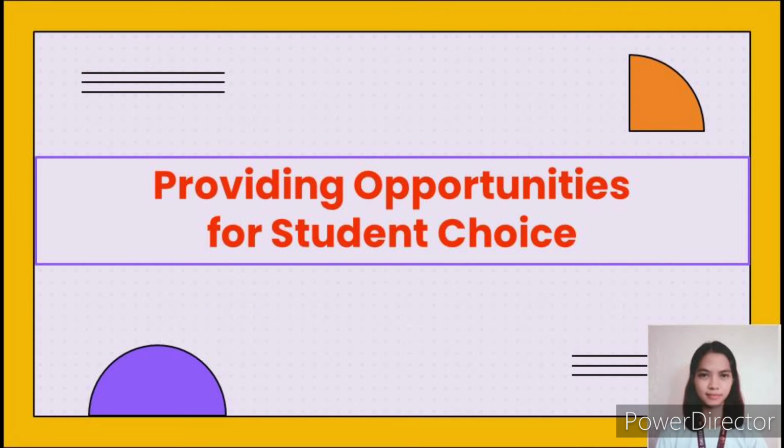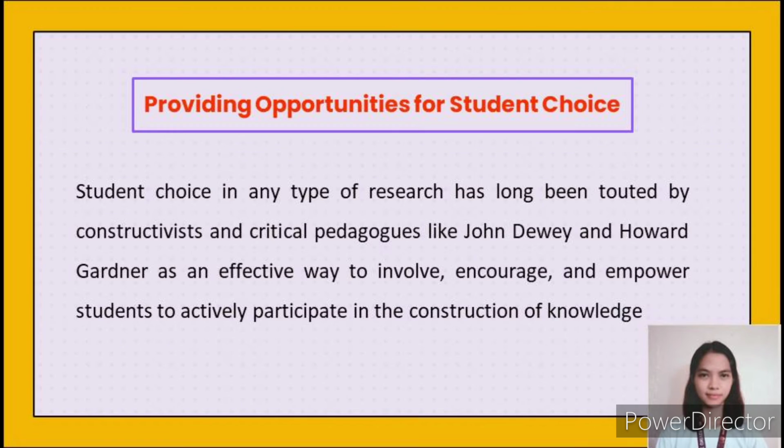Providing opportunities for student choice. Student choice in any type of research has long been touted by constructivists and critical pedagogues like John Dewey and Howard Gardner as an effective way to involve, encourage, and empower students to actively participate in the construction of knowledge. Students learn in various ways, and we can let them show their learning in various ways. Giving students a choice allows them to take ownership of their learning as well as create a product that feels